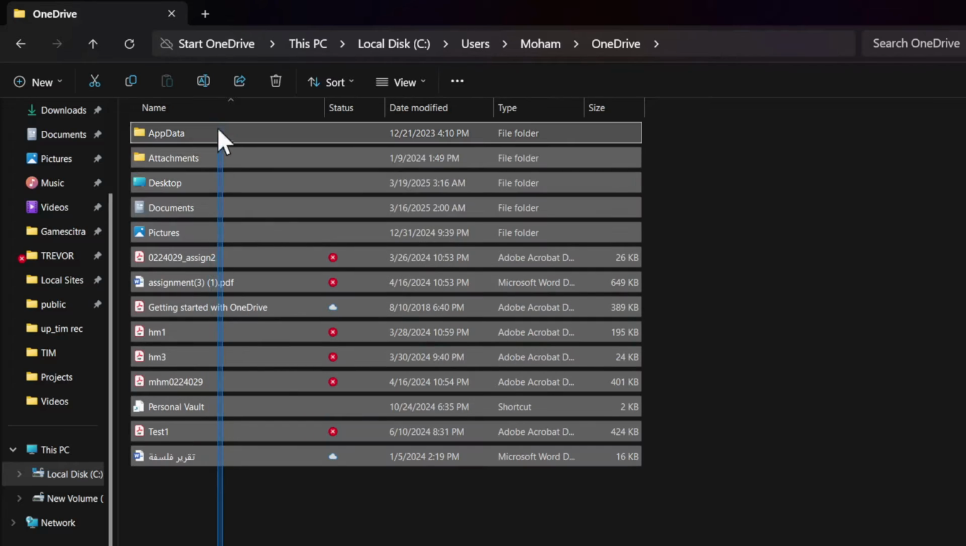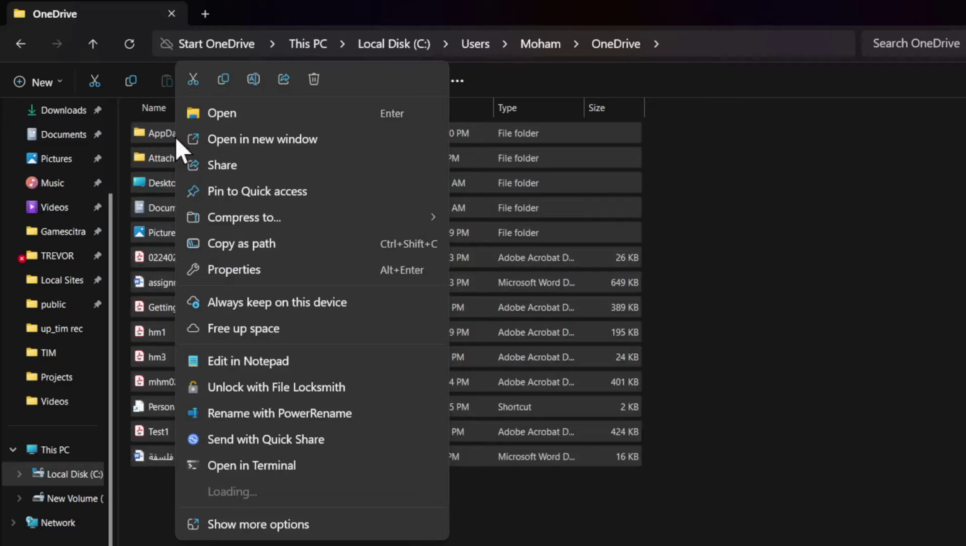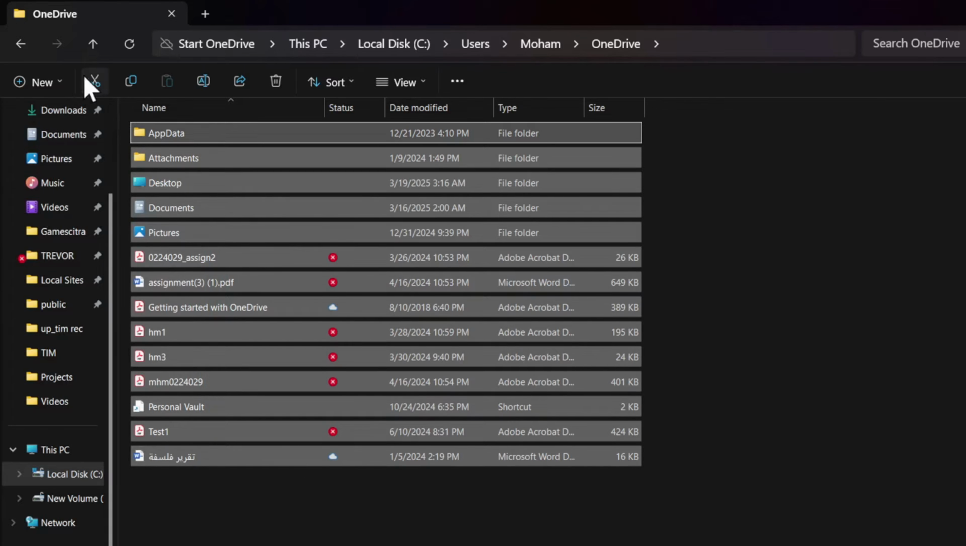From here, you will see all your documents. So just select all your documents, then right click and hit copy. After you have copied it, or you can click on the scissors option or anything, you can paste it on any